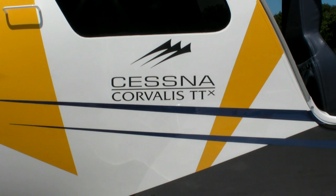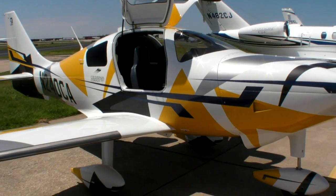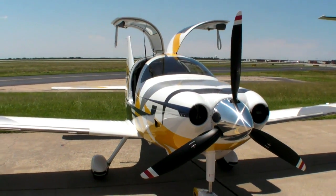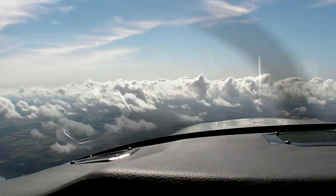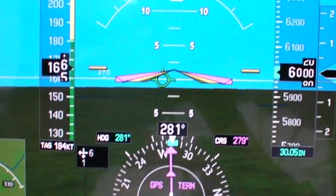We are standing in front of the new Cessna T240 TTX, formerly known as the Corvalis, or when Columbia owned it, the Columbia 400, and it is the fastest production single-engine piston on the market. And we're talking in the flight levels. We're looking at about 235 knots true. In the mid-teens, we're looking at about 210 true, and then in the single-digit altitudes, you're looking at about 180 to 185